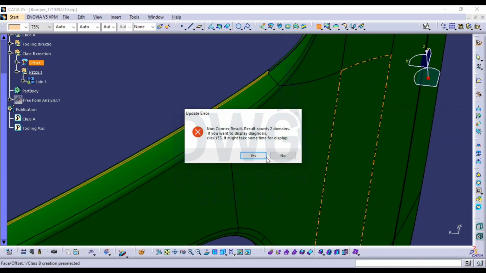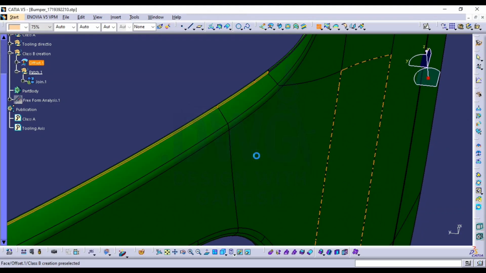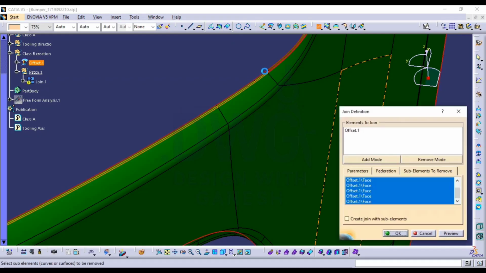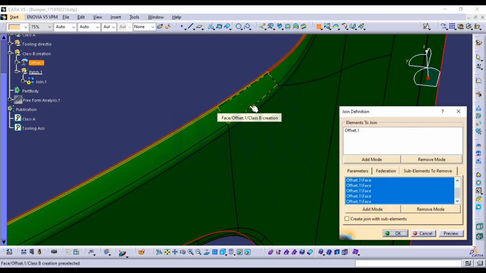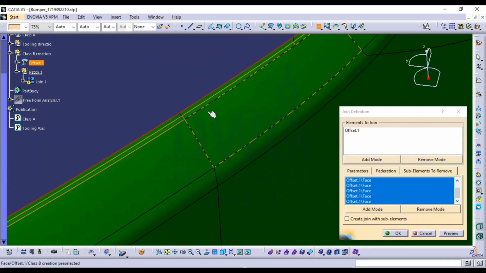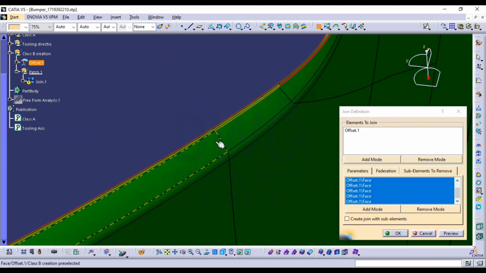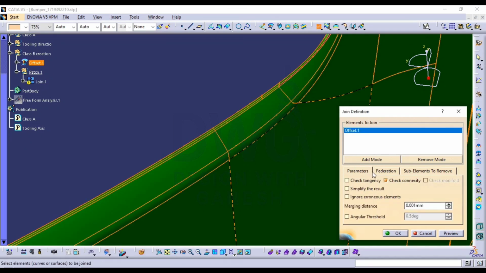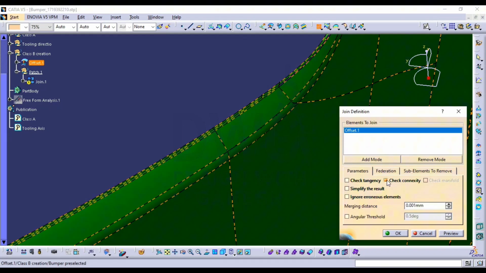See, there is a non-consecutive problem here. So basically what does it mean? The fillet patch is acting like a bridge between this outer patch and inner patch. So if you are removing all this, what does it mean? You are collapsing the bridge. So that is a non-consecutive problem. So untick this box, and you will be able to